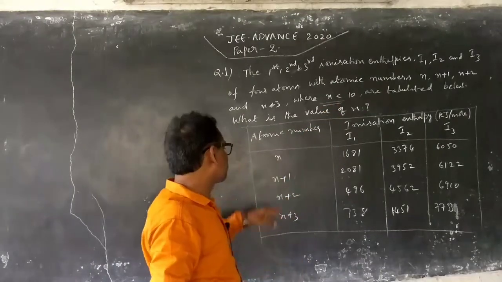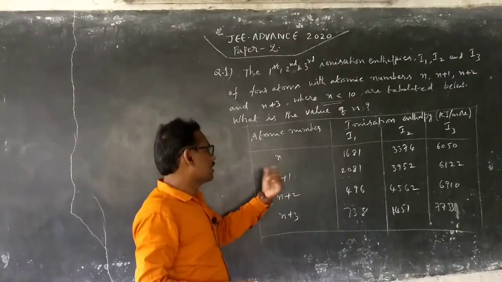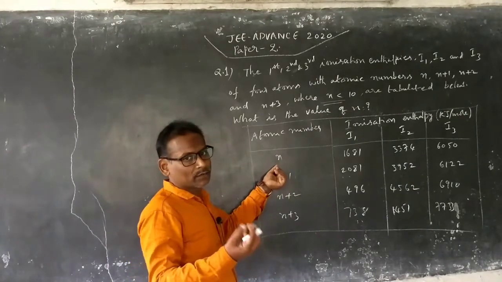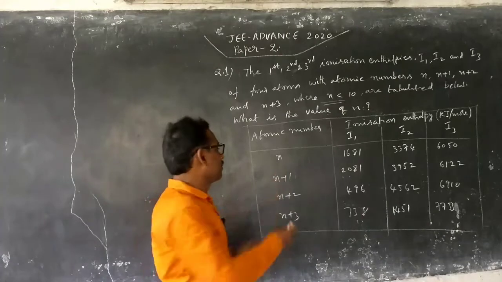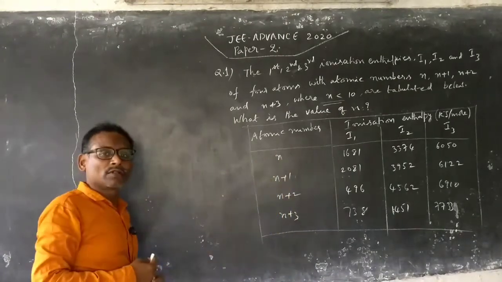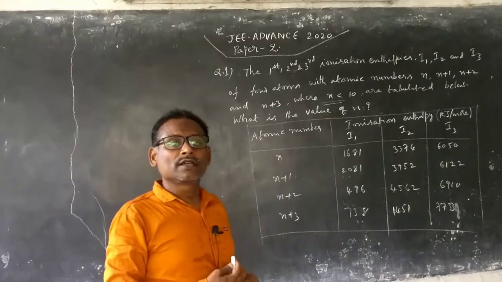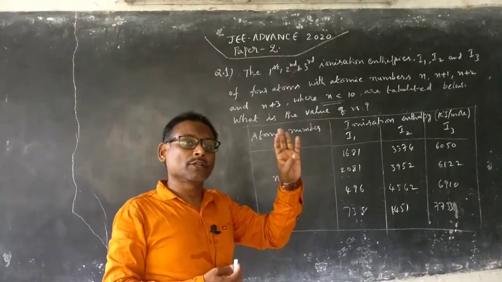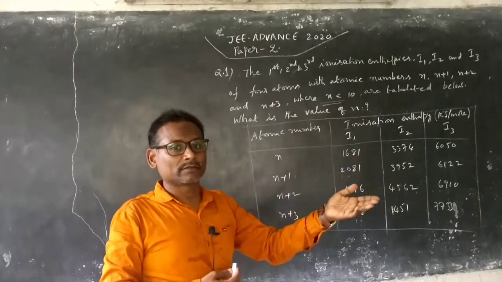That means if you take the second period, let us assume for example n is equal to 9, then what will happen? If you think about the second period, what about the order of ionization enthalpies? It increases from left to right, and the first ionization enthalpy is going to be very high for neon.